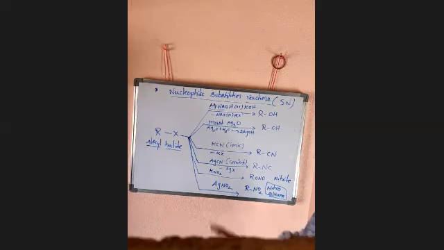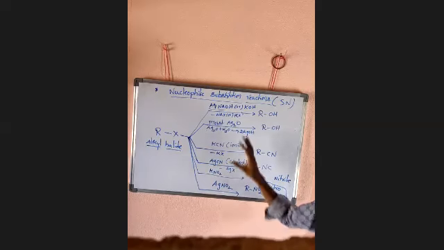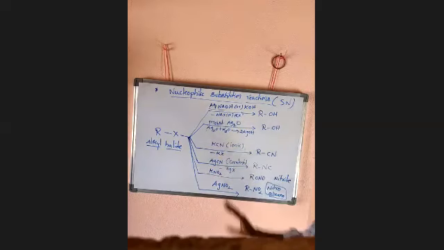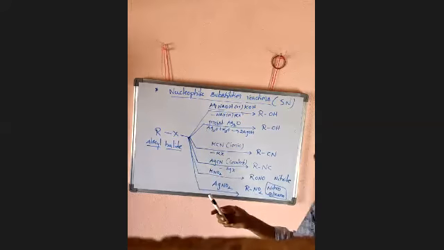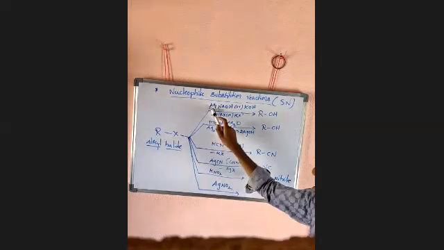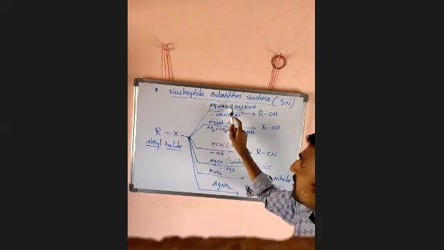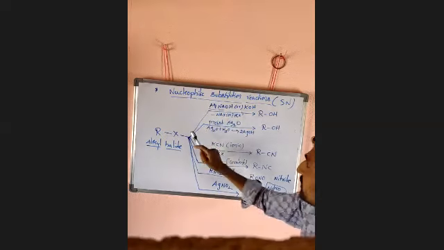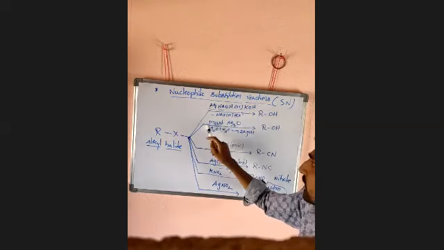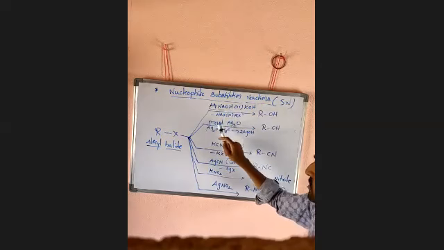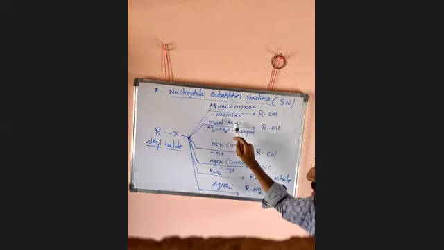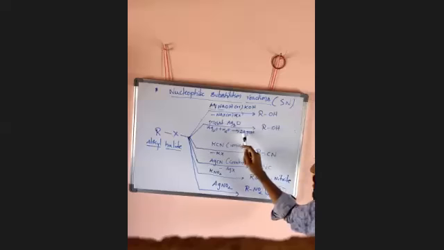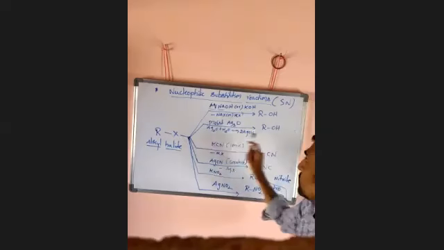Before discussing SN1 and SN2, I want to discuss general nucleophilic substitution reactions. Alkyl halide, R-X, where X is a halide, reacts with aqueous NaOH. Aqueous is important. Here NaX is eliminated and OH is substituted. Like that, KOH also. If you take moist Ag2O, moist means water, it gives AgOH. AgOH reacts in a similar way: AgX is eliminated and OH is substituted.